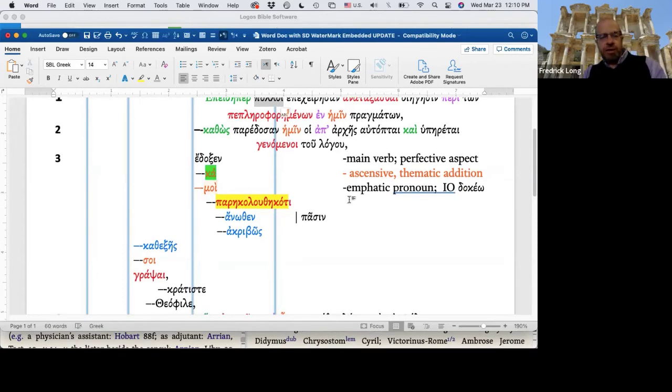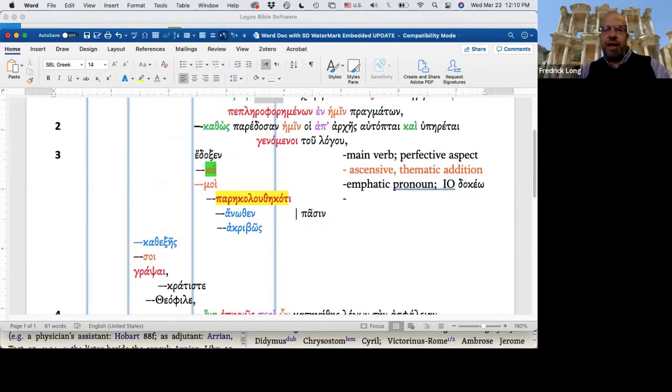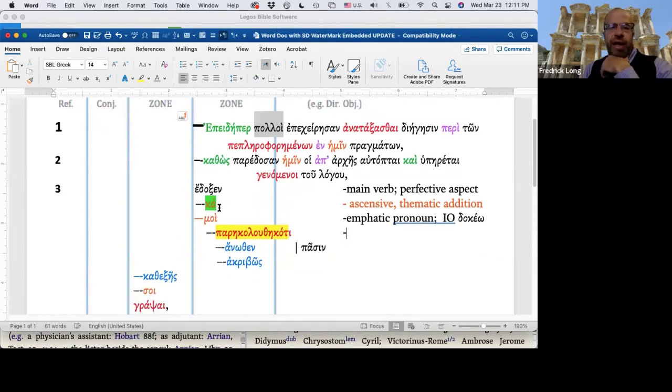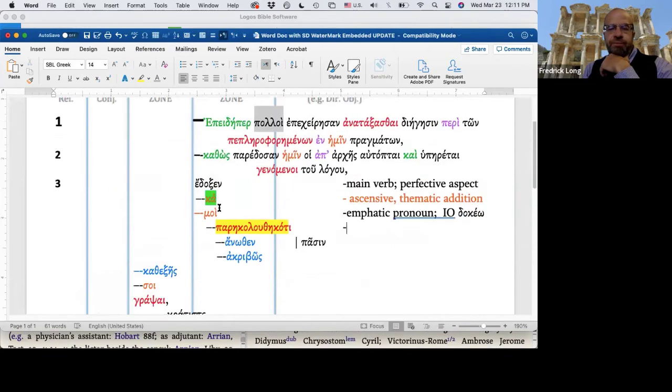And then you can make other kinds of observations. This is really what's called the semantic analysis. So this approach is called semantic diagramming and then semantic analysis. It slows you down. It gets you thinking, what is the main conjunction, subject, verb, and complement. Everything else is a modifier, and you have to decide what modifies what and how it modifies it. And then the next higher level of consideration would be why. Why does it modify it in that way? Okay, so let's